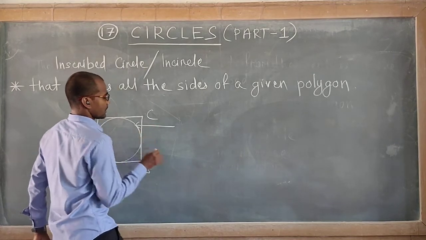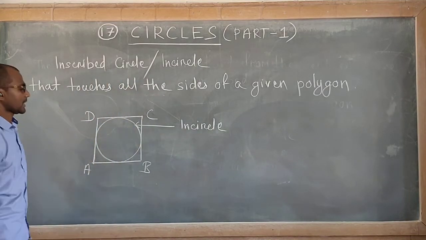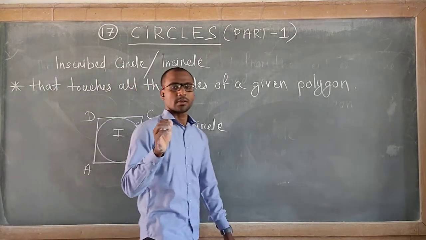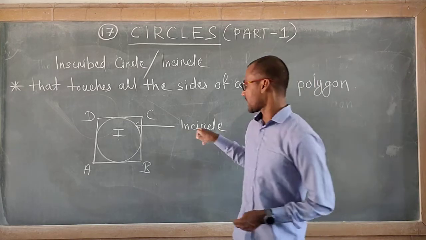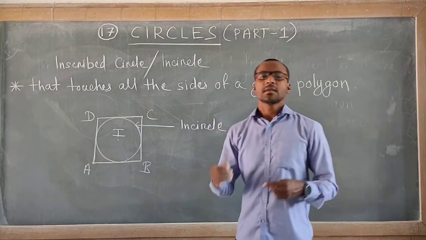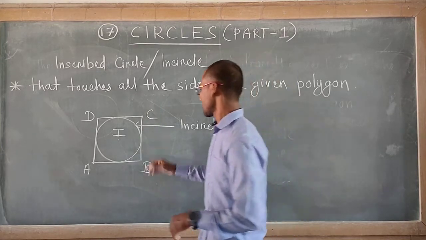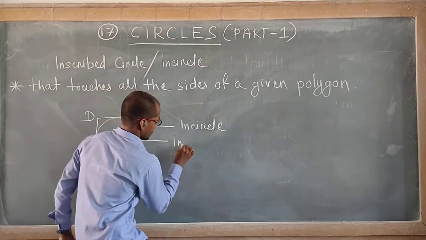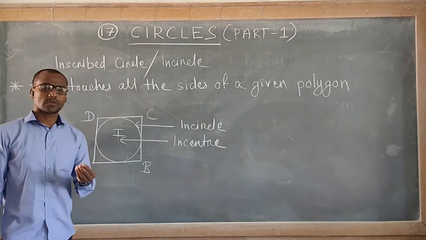So this circle is called incircle. Ready? It will also have a center which is named as I. Remember this. Circumcenter is usually named by the letter O, and incenter, the center of the incircle. Incenter means the center of the incircle. It is usually named using the capital letter I. Remember the difference. So this is the center of the circle I, which is called incenter.